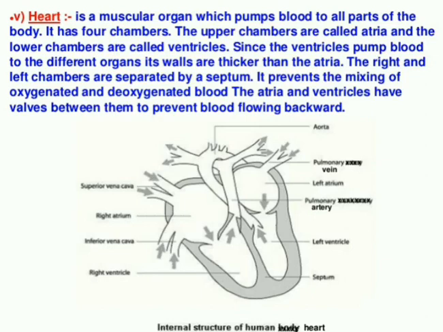Look at that, we have only 4 chambers. All of these have a separation, because the right atrium and the left atrium are separated by the interauricular septum. Similarly, the right ventricle and the left ventricle are separated by the interventricular septum. Similarly, on the left side and right side, the left atrium and the left ventricle are separated by the bicuspid valve. The right atrium and the right ventricle are separated by the tricuspid valve.